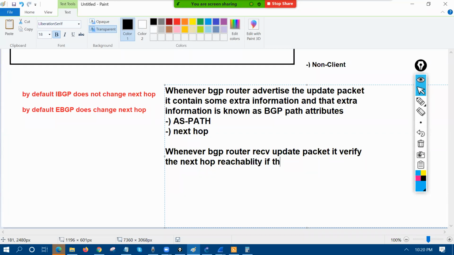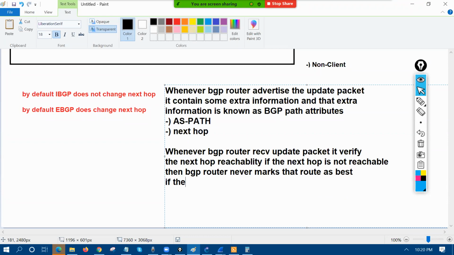If the next hop is not reachable, if the next hop is not reachable, and if the route,